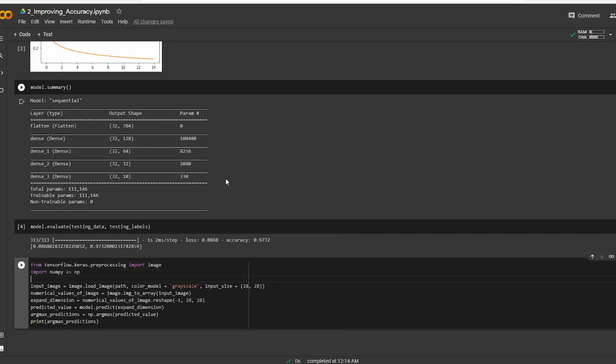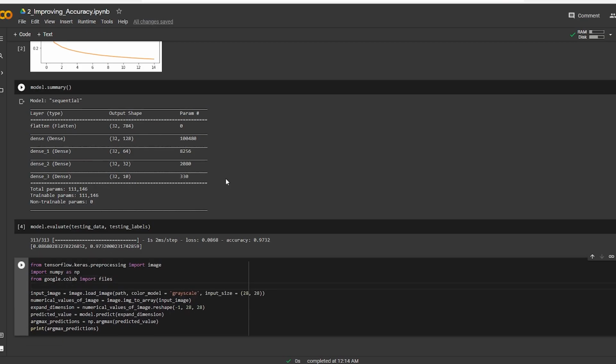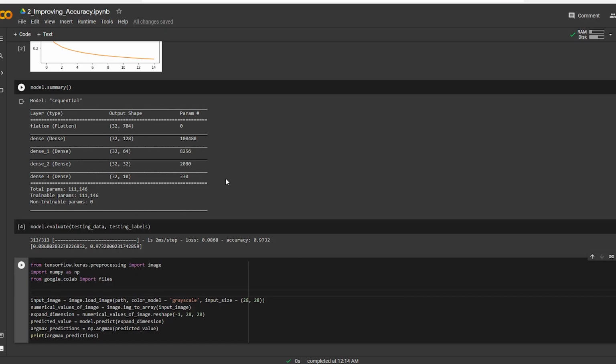Here I'll say from google.colab import files. That is a feature that you get with Google Colab, where you can upload files. Now I will make a variable known as uploaded image, which is equal to files.upload.